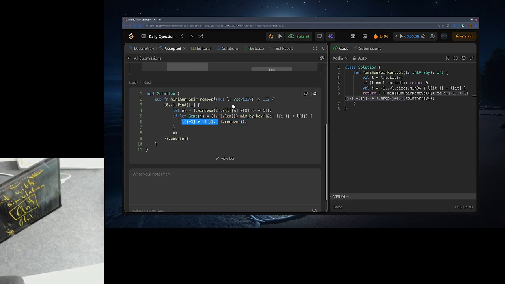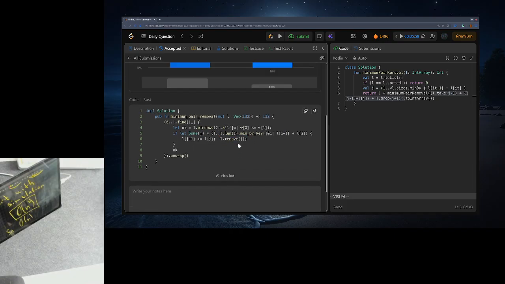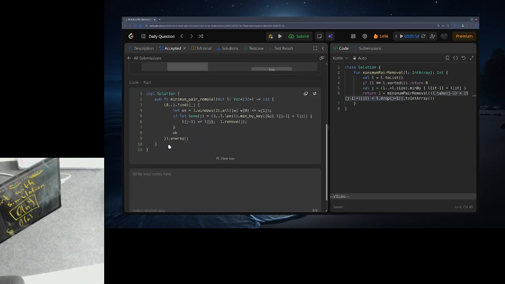So instead of creating the new array in Rust, I can replace and remove just one item. So it is also a workable solution. It is also an O(n squared) implementation, because to remove this you have to move the entire suffix, or the tail,